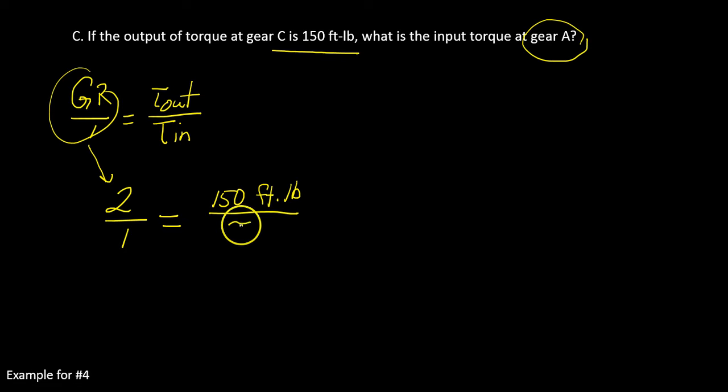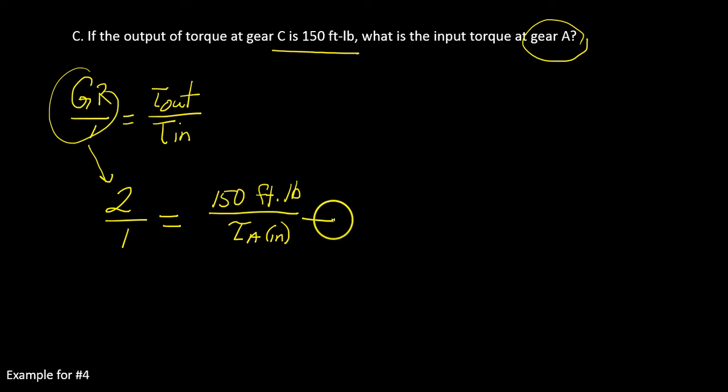So we set our formula up finally, torque at A. That's what we're looking for. That would be the N. That's equivalent to N. Okay. So now what we have to do is work through this, and we're going to isolate torque at A